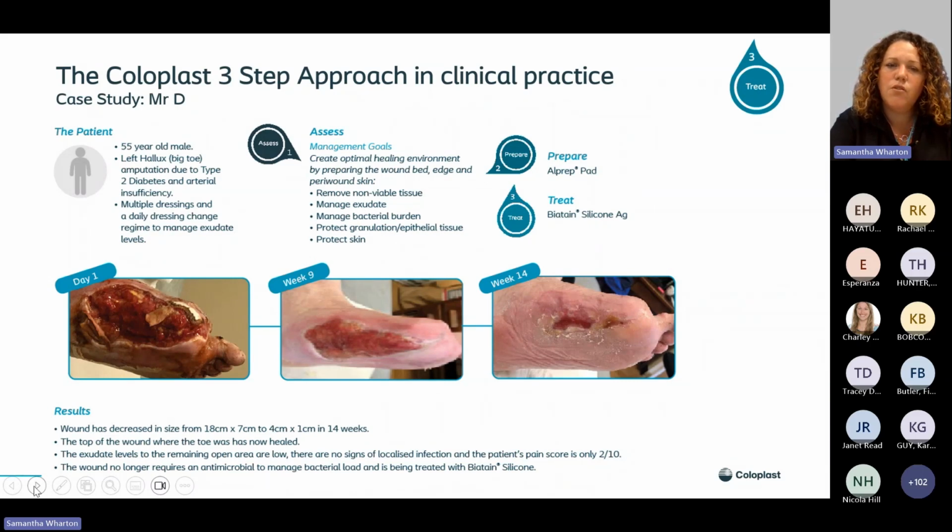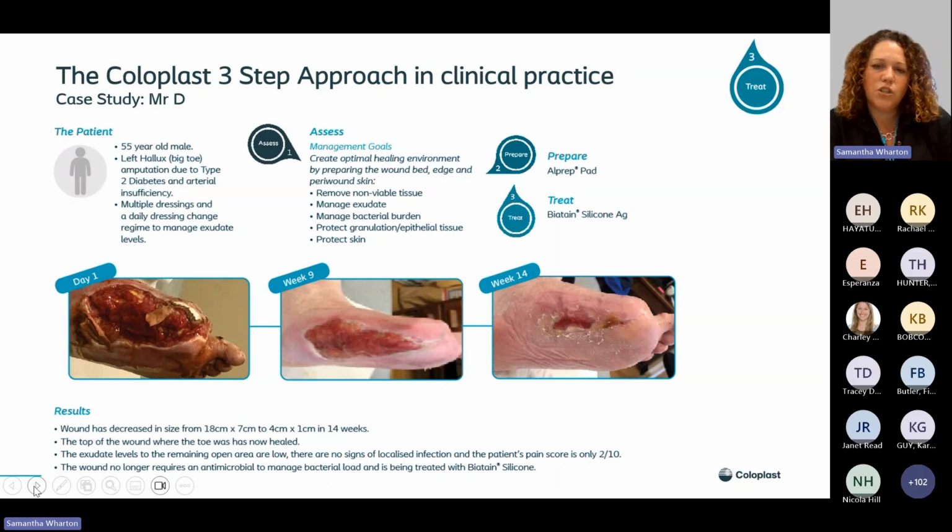skin. So it was to remove that non-viable tissue. They needed to manage the exudate to stop that maceration and further breakdown. They needed to manage the bacterial burden within the wound bed, making sure that they protect the granulation epithelial tissue and protect the peri-wound skin. Their prepare element was the all-prep pad to provide that mechanical debridement to remove those barriers to healing. And then for the treat element, they used Biatain Silicone Ag, again, to manage that bacterial burden within the wound